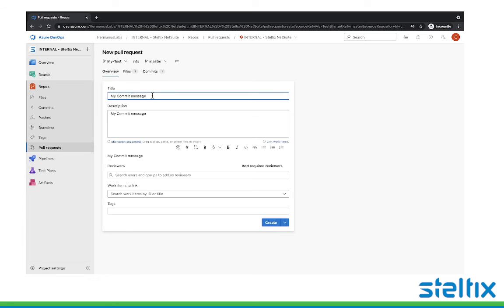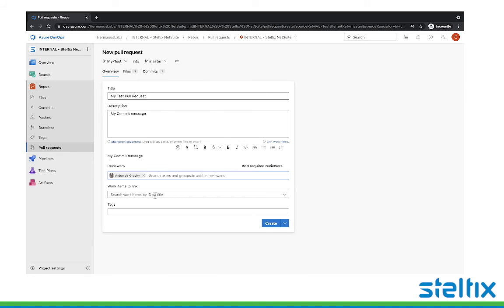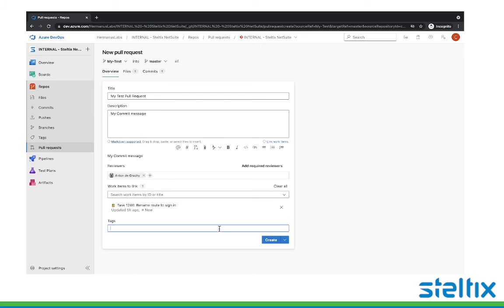the beginning. I could also edit that and say my test pull request. I can give it a more detailed message. If I've got many commits, it'll also put those commits in here, which is helpful. I can then find other reviewers in my organization, and then I can look for open work items that have been assigned to me that are still open, and I can assign them there. I can create tags that will also help me filter them in the future if you've got a project with lots and lots of pull requests. And then once I create this,